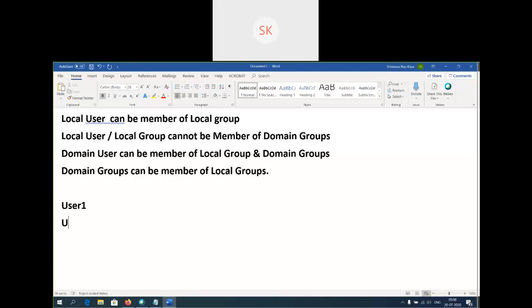User 1, user 2, and user 3. We added these users to local groups. User 1 and user 2 we added to different local groups, so we understood that by adding to a group, that particular user gets certain privileges.